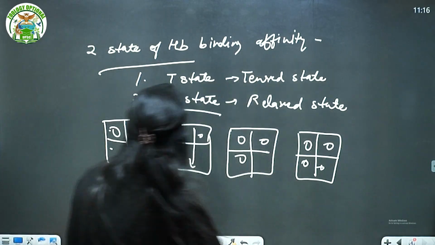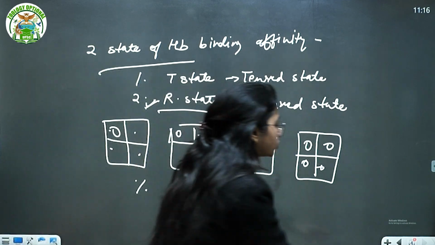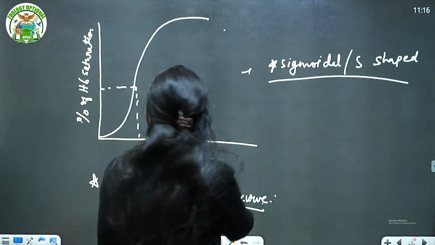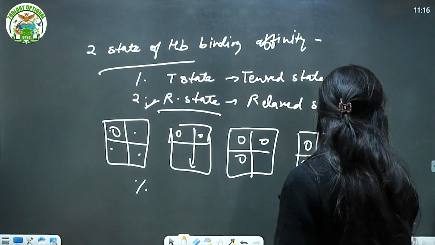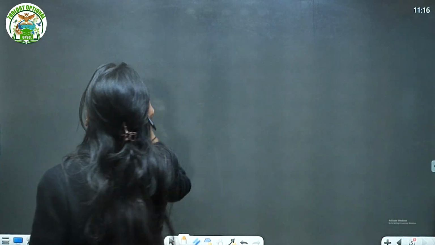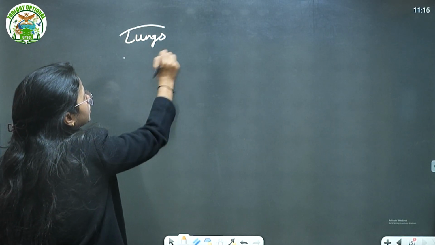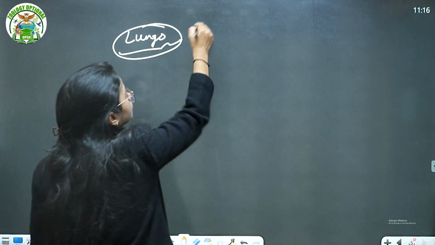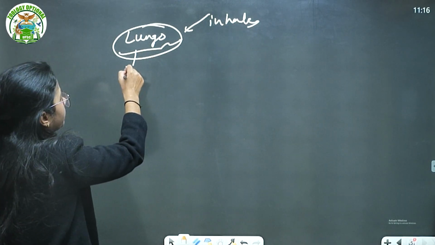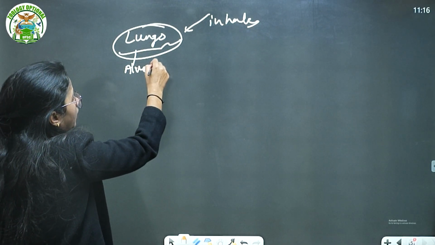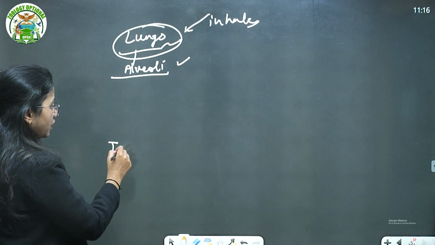So here we talk about saturation, the percentage of hemoglobin saturation. Then what about the PO2? Suppose that in your body there are so many parts. Oxygen concentration is high in your lungs because you just inhaled. So in the lungs, in the alveoli, your oxygen concentration is very high, but at the tissue level,